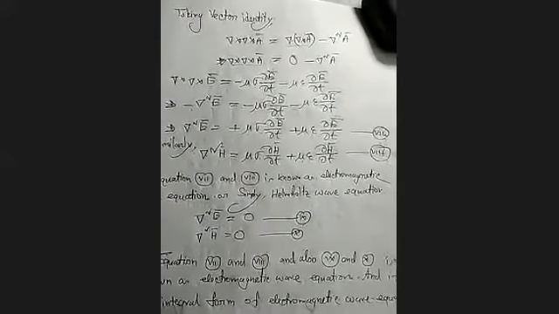Okay. Now we have solved the electromagnetic wave equation in integral form. Now we will solve the point form, that is the phasor form. I will solve it. That means the phasor form.